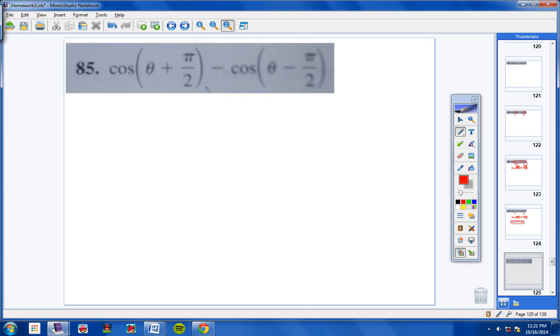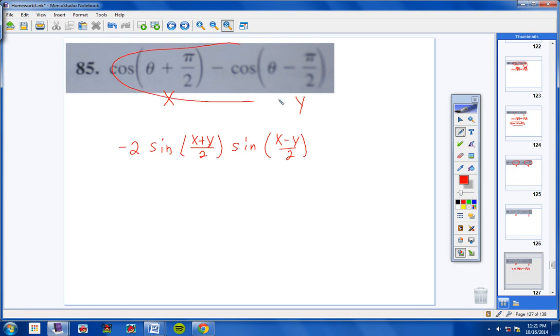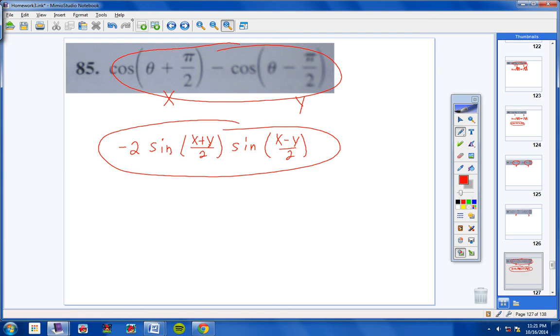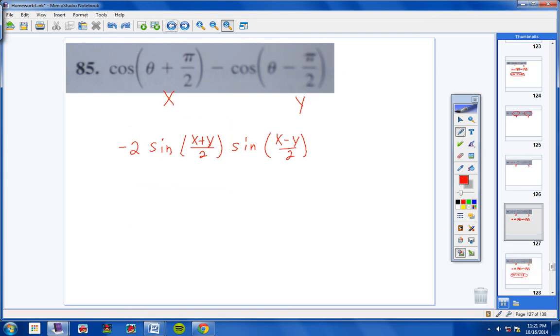Now, same thing. We're going to use the sum to product to write a sum or difference. Now, this whole expression here is going to be my x, and this whole expression here is going to be my y. Okay? All right, so here we go. Now, this whole expression here, if you look in your trig identity section, equals this here. Okay? All right. Now, for my x, right here I'm going to put 0 plus pi over 2 for my x. And then plus, for my y, I'm going to put theta